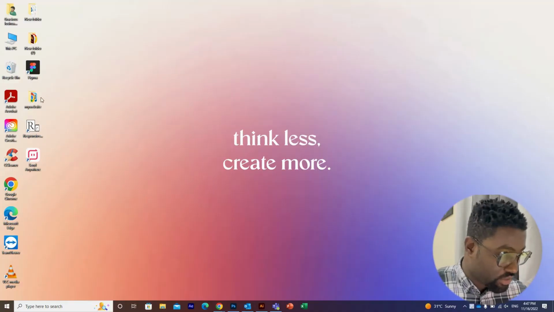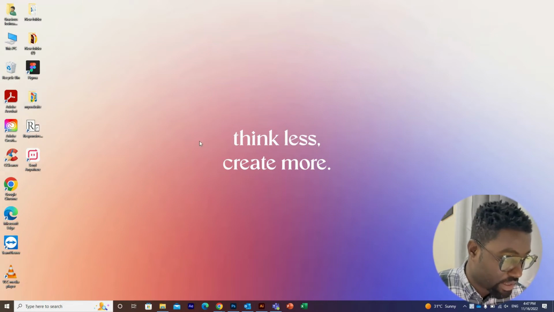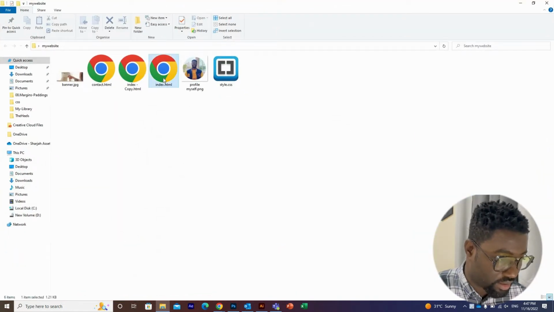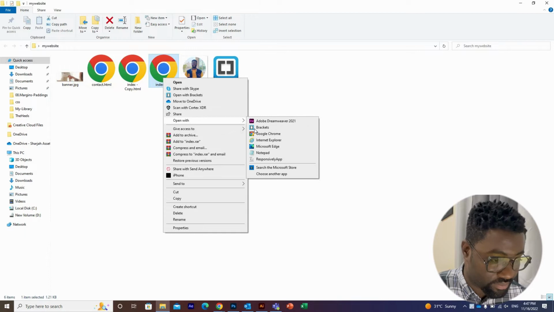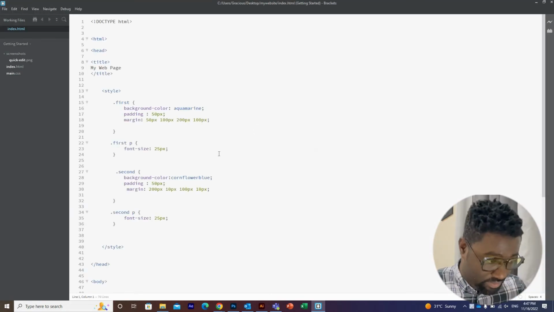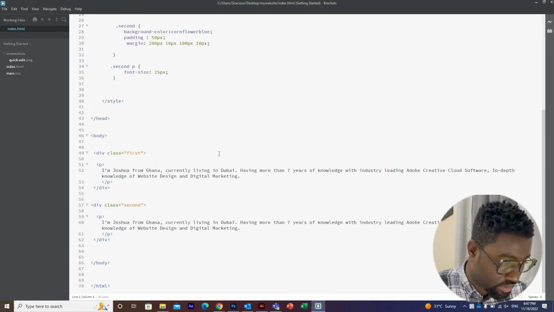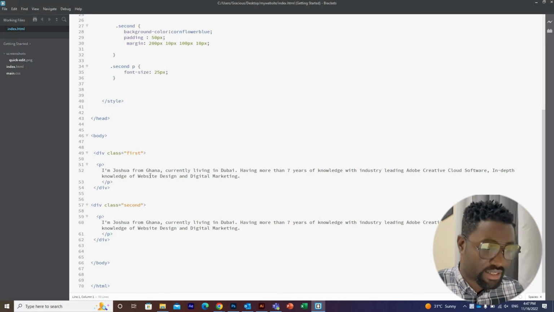So let's go straight to classes and IDs. Let's open our index.html file. So basically IDs and classes are almost similar, but the difference is that an ID is very